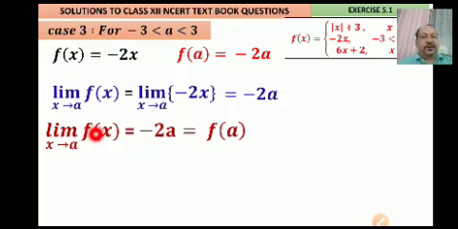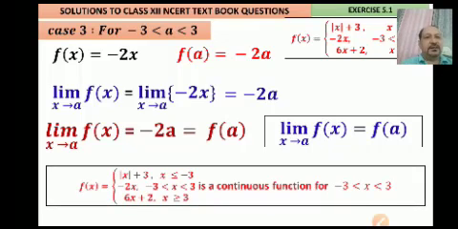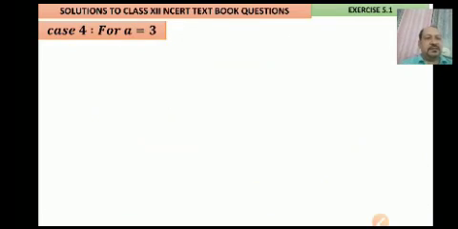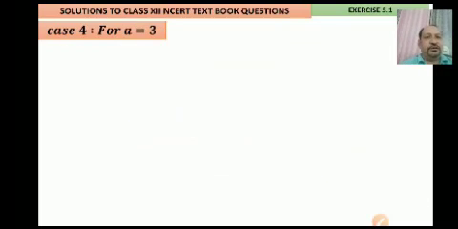So the limit value of this function is always equal to the functional value of the function, which is also minus 2a. So you can say that this function is continuous when x lies between minus 3 and 3. Case 4, for a equal to 3,